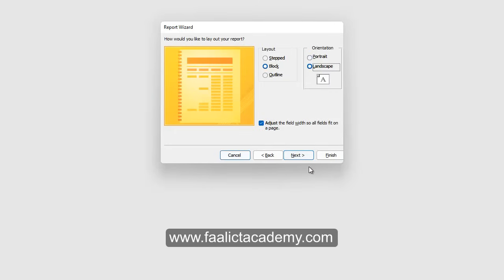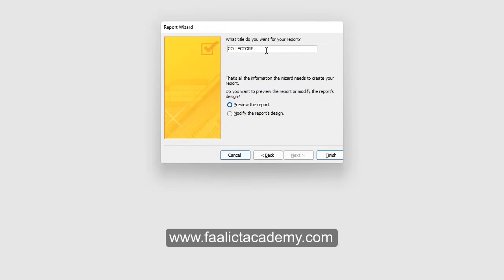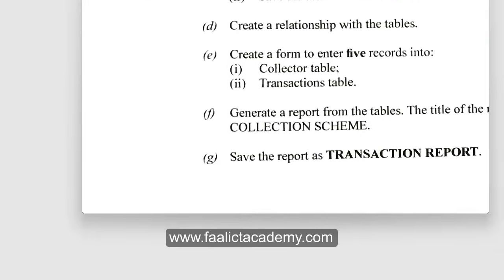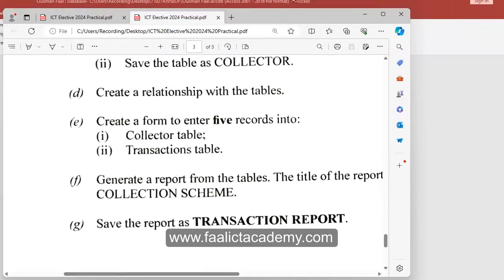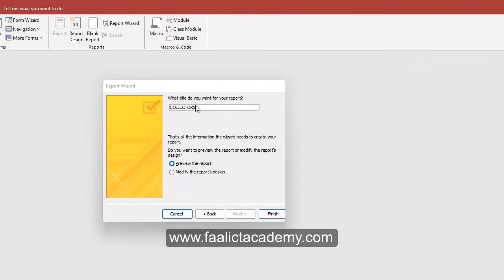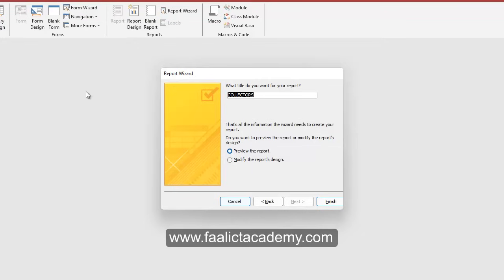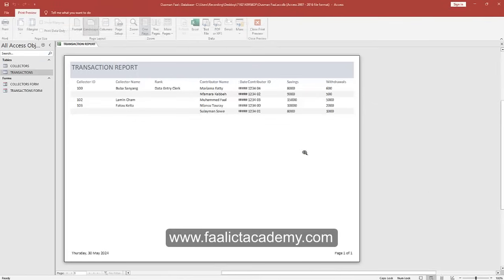So I'll click on landscape, click next. Here it says save the report as transaction report, so I will call this transaction report. And then I will click on finish. When you click finish, as you can see, the report is in landscape now. If I had chosen portrait, these fields may not fit. But if you look, it takes you directly to print preview,